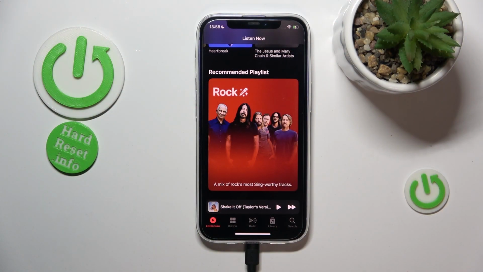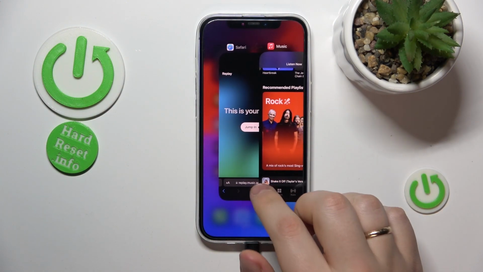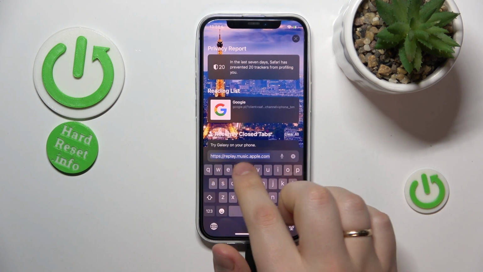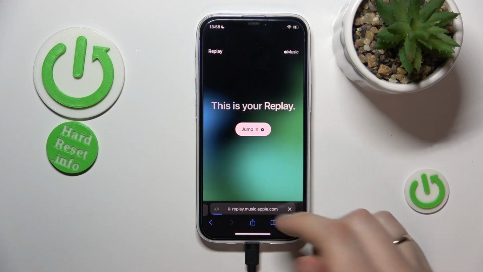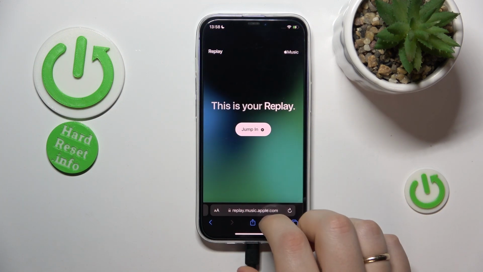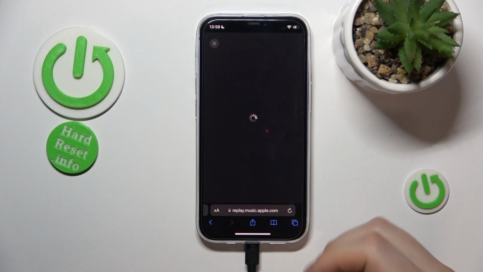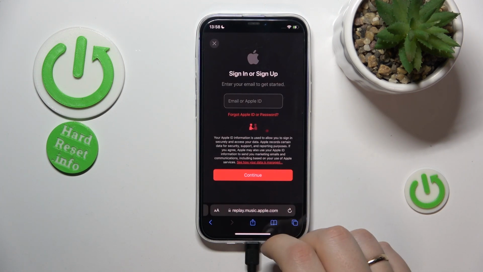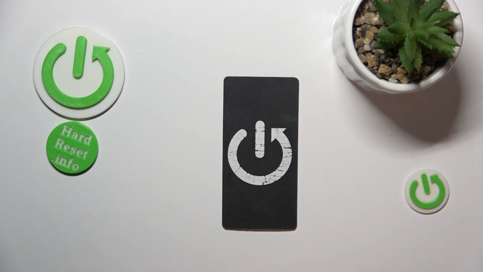So as far as we know, you can access your Apple Music Replay at any given time. All that you gotta do is to open your browser of choice, then go at replay.music.apple.com. Here tap at the jump in button, then sign in using your Apple ID here. So just input your Apple ID credentials, starting with an email address, then follow it by inputting your